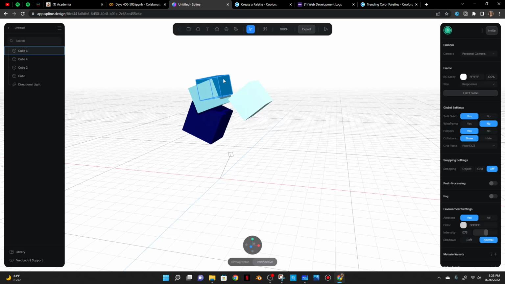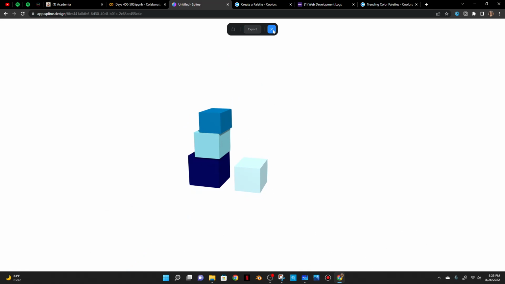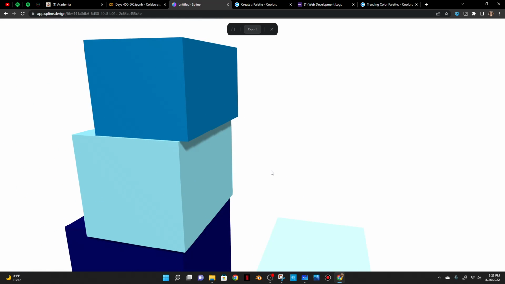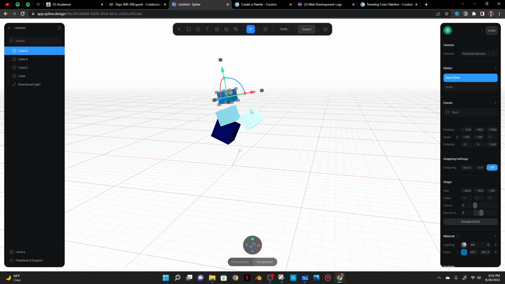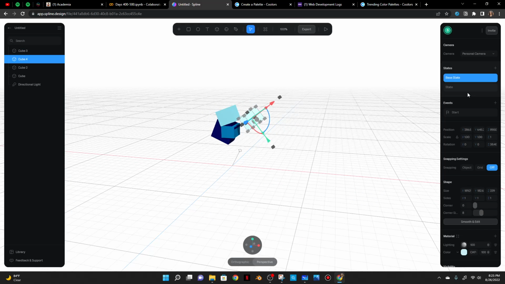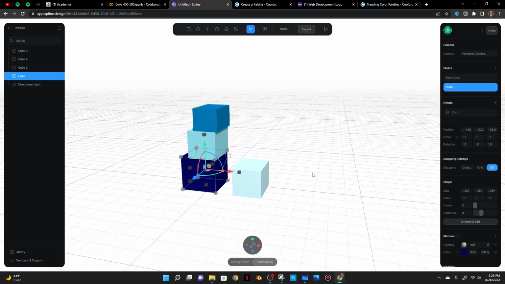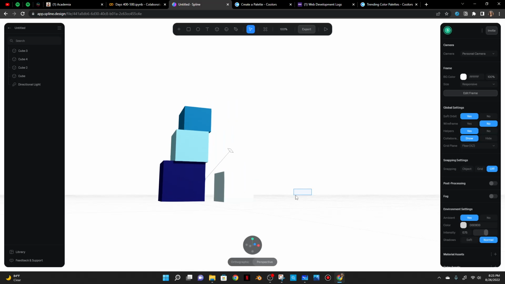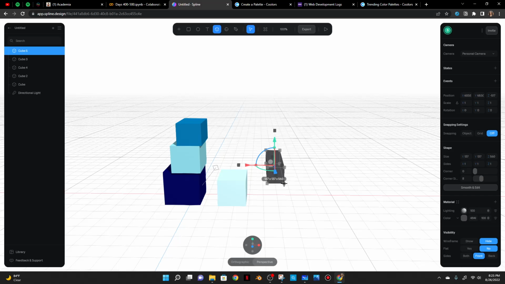All right. And then definitely have this start a little bit higher. All right. And it looks like it's overlapping a bit. That's fine. And then I could also add just a few more cubes. So let me have this all be in actual state. And then I'll have maybe another cube here. Oh, that's the wrong thing. Oh no, that's the right thing. Just a little